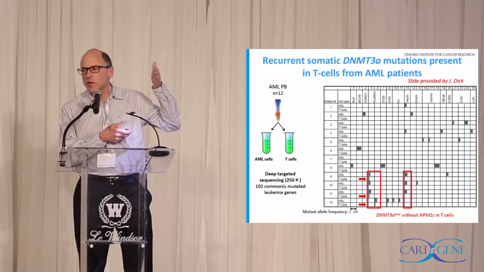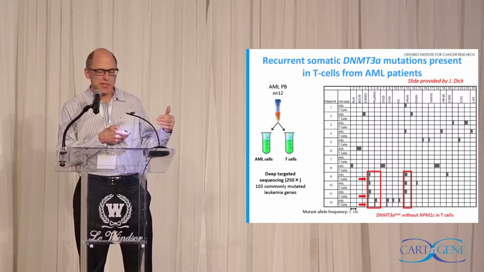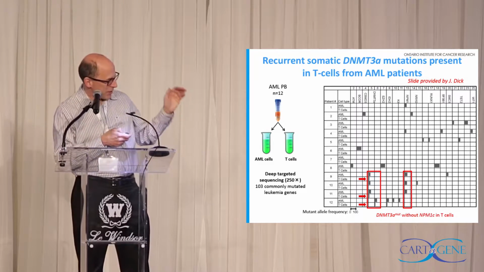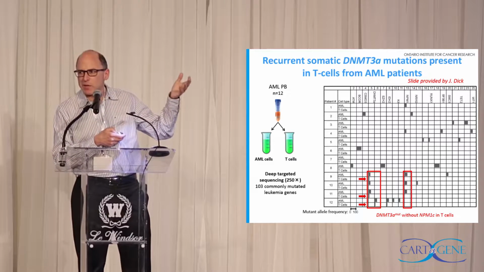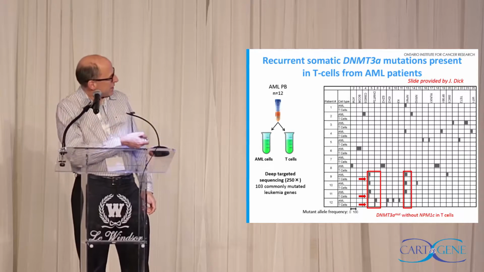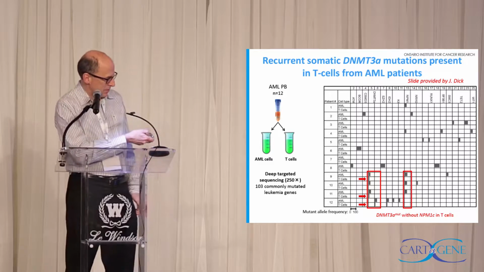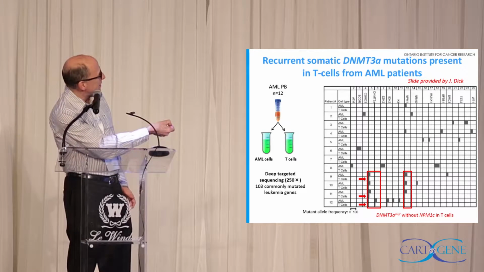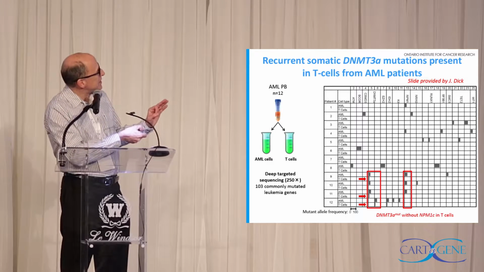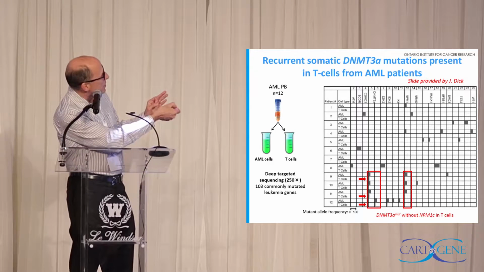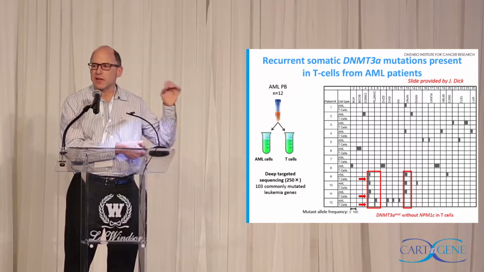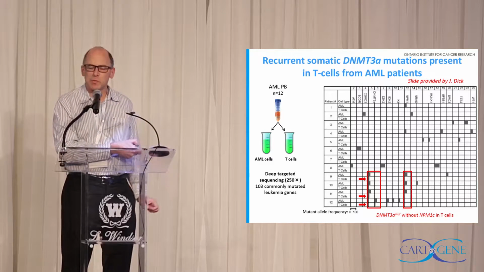On the top are the names of the genes which are part of the panel, which we're resequencing. And going down, we have different patients. For each of them, we sequenced the AML, the leukemia, and the T cells. What's interesting here is that we started seeing that NPM1, which is over here, has a lot of mutations, but only in the AML cells, not in the T cells, as we expected of a tumor mutation.